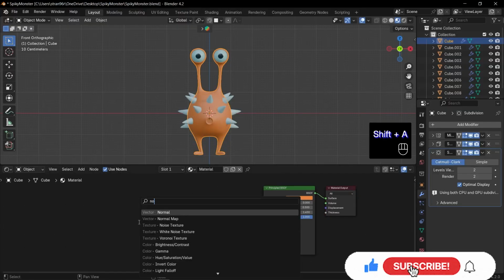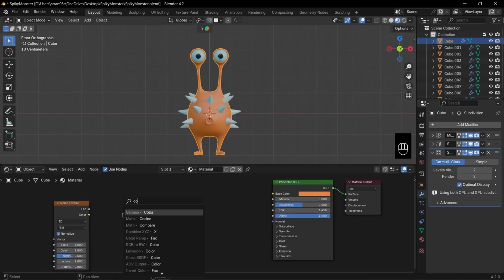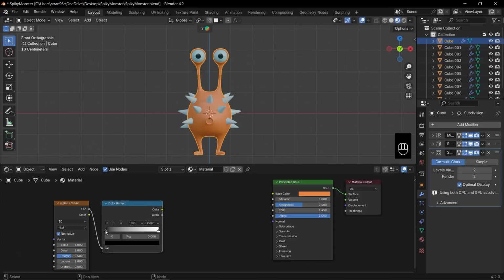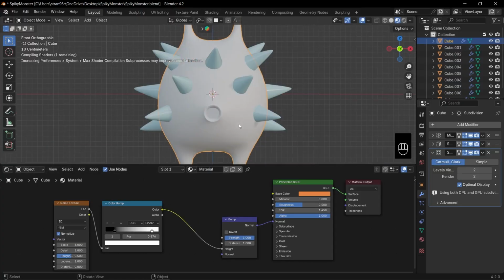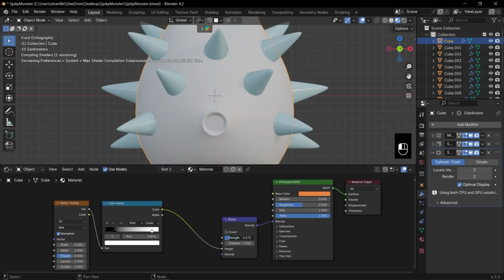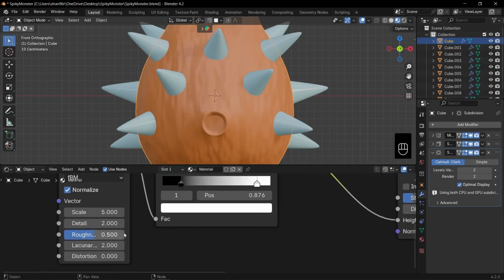Now, press Shift+A, Noise Texture. Connect its color output into a color ramp. Bring the black and white sliders closer to the center. For subtler variation, connect the color ramp to a bump node. Then link the bump's normal into the principal BSDF normal input. Lower the bump strength to around 0.1. For a gentle surface detail on the noise texture, increase both scale and detail roughness to sharpen those spiky skin